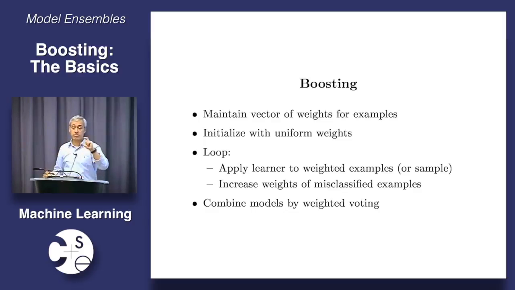He proved that if you have a learner that is 50 plus epsilon percent accurate on any distribution, and that is the key condition, it has to be better than 50% accurate on any distribution of the instances in space, then you can boost, and hence the name boosting, that weak learner into a strong learner. And this is an amazing thing to have. You have a learner that is only slightly better than chance, and by putting it into this magic machine called boosting, you get a learner that is almost 100% accurate. But he was a theorist, he proved his theorem, made a big splash and went home happy.